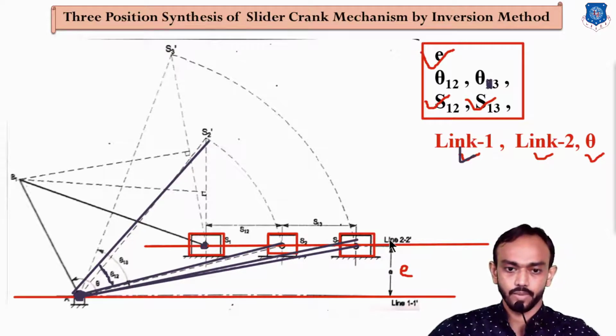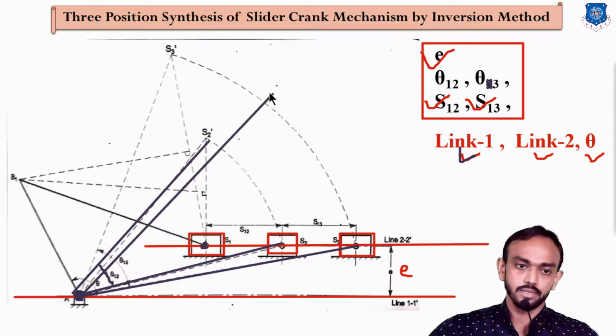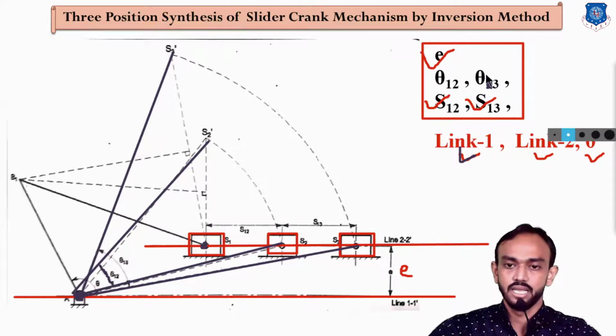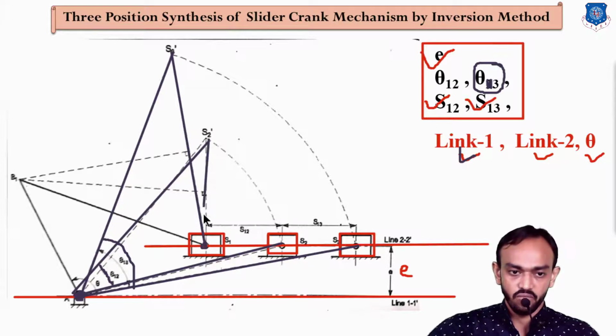From the crank, we are going to make this projection as S3 dash, and the angle will be theta 13, meaning third position to first position. Okay, and now this S2 dash and S3 dash, we are going to connect these 2 points with the initial position. Okay, we are connecting S2 dash to the initial position, and now at the midpoint of this total length,